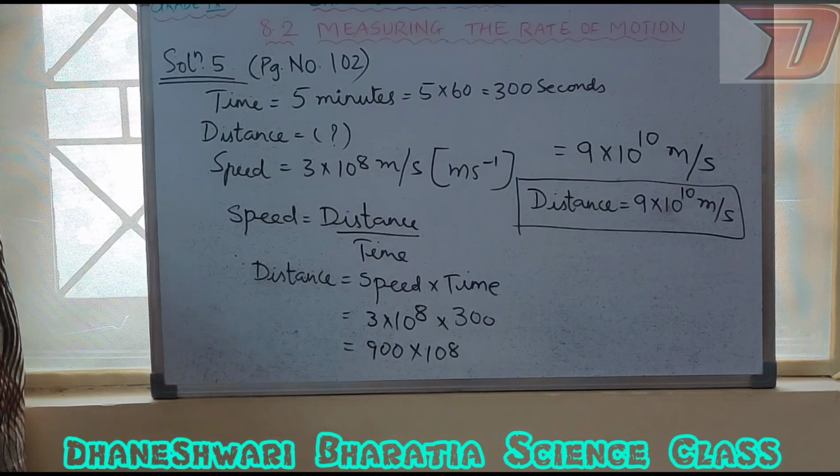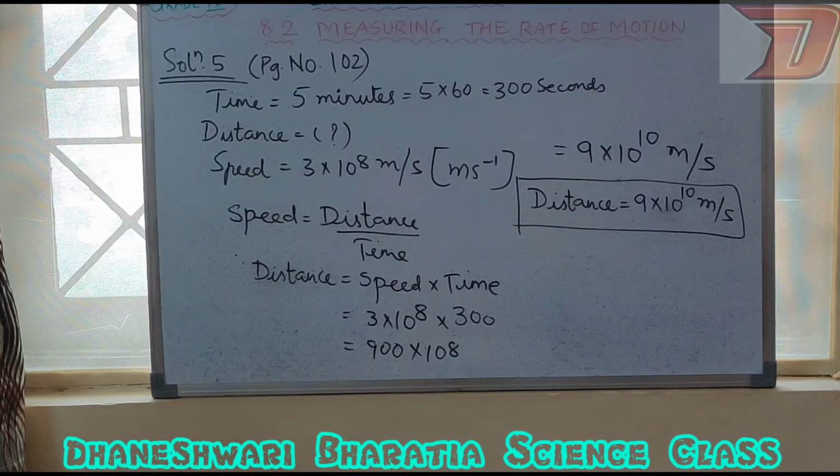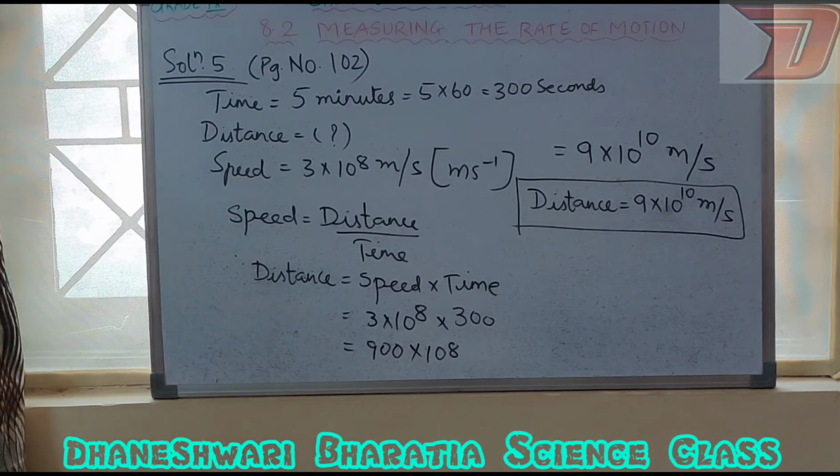So this is the end of our 8.2 unit. Hopefully you have clearly understood whatever was taught today. That is about uniform and non-uniform motion. Then we discussed speed and its SI unit, then average speed. After that, we discussed velocity, average velocity, velocity when the uniform motion is there, velocity when the non-uniform motion is there, right? And all the formulas along with the SI units, along with so many numericals.